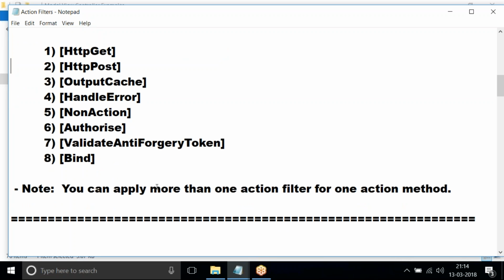All these are there. HTTP get means when you create a method in controller, it is a get method like HTTP get, and we can use post, put, delete. It is not in the list, but we can write HTTP post, HTTP get, HTTP put, HTTP delete, all this.